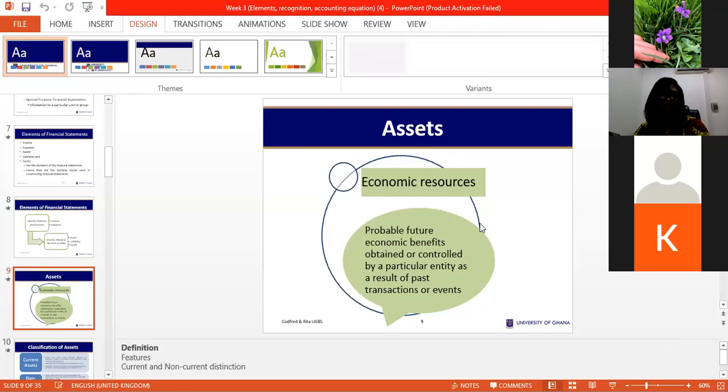So, of course, that is the caveat. Even though you may control it for the time being, the future is uncertain as to whether that employee will remain even till the month ends. It's another question. And so that economic resource, which we refer to as assets, may not include employees. Despite that we normally say human resource is an asset, yes, it is the skill and expertise of employees for the time being. But you don't expect that it will generate some future economic benefits if that employee decides to leave.